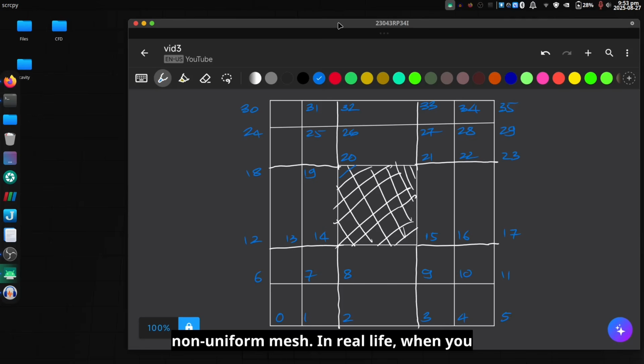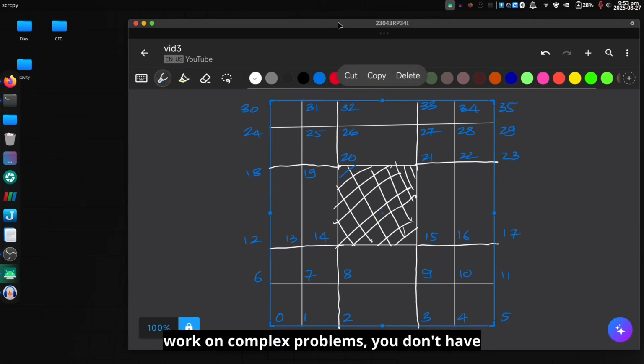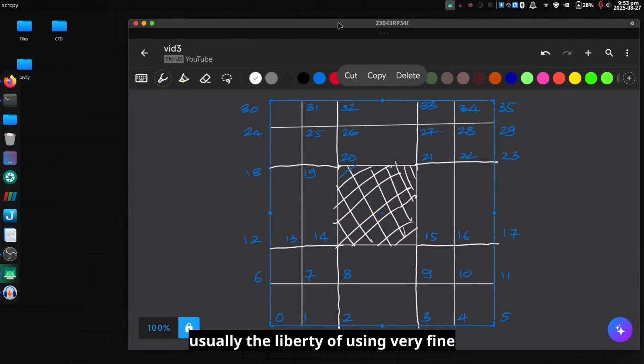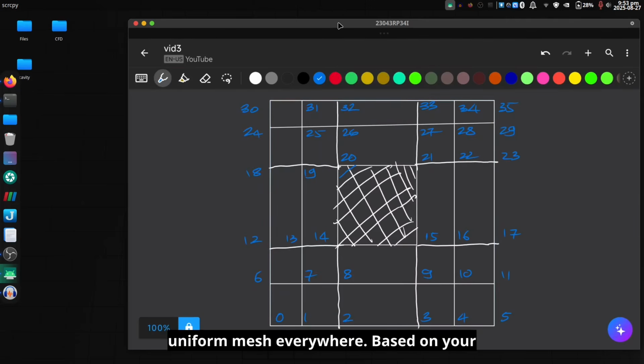In real life, when you work on complex problems, you don't usually have the liberty of using very fine uniform mesh everywhere. Based on your computational power, you will decide to allocate fine mesh in the areas of interest. For instance, in this case,